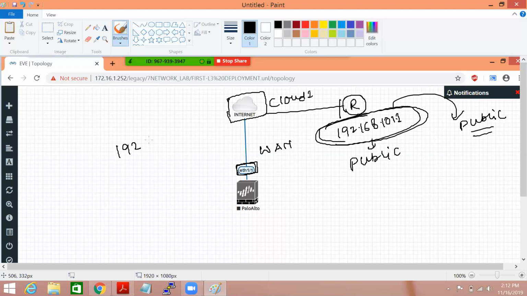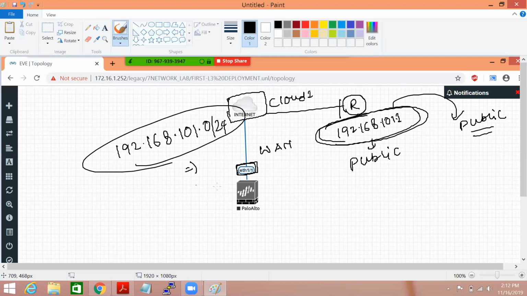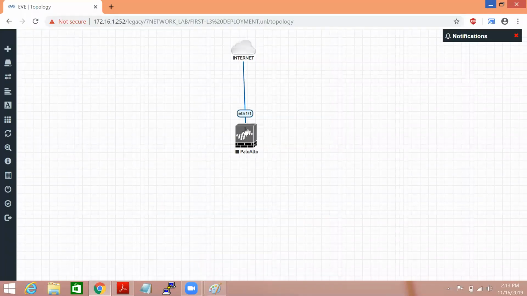So I'll allot you an IP address, and I'll show you how we can access internet and other things. So it basically becomes very easy. You just have to remember one thing. Cloud one basically connects me to a physical router, which has 101.1 IP address. So if I enter any IP address which is in the range of 101/24, I can ping this 101.1. Yes, I'll show you.